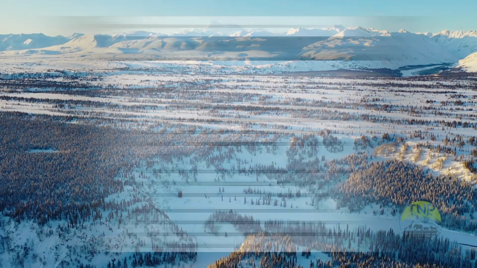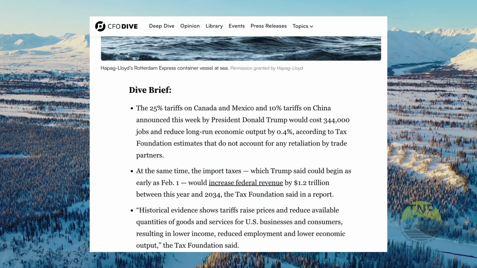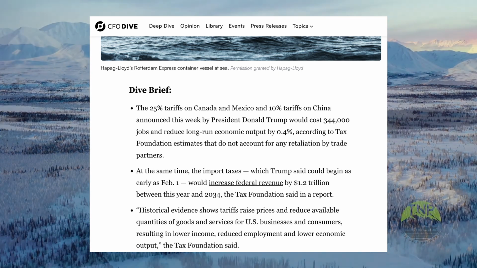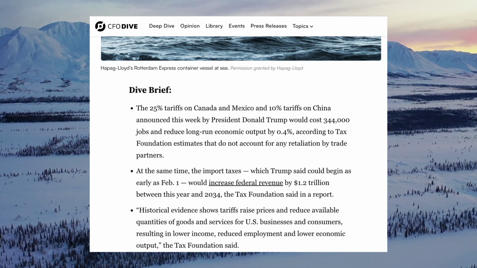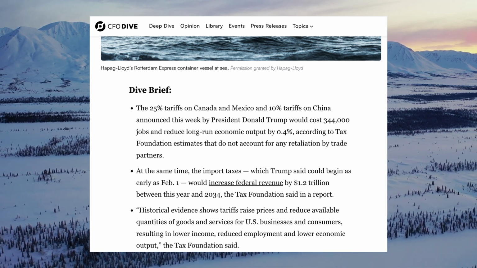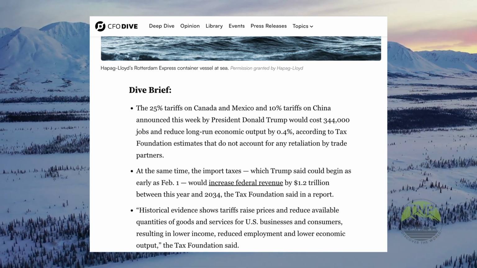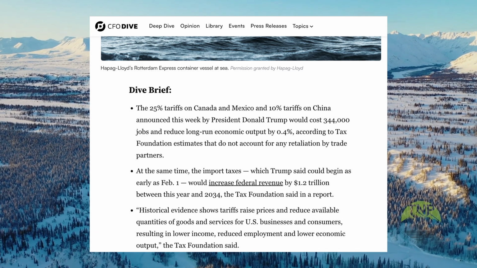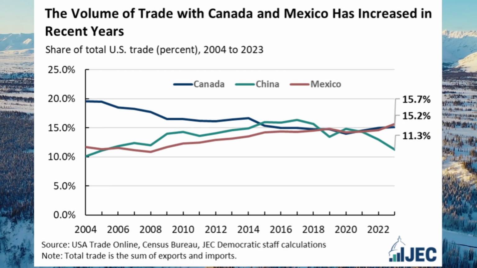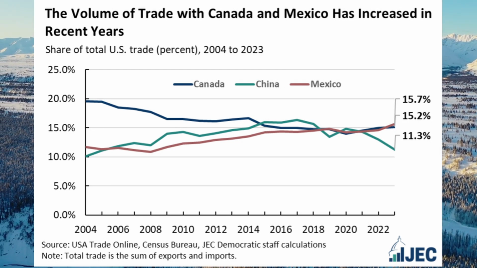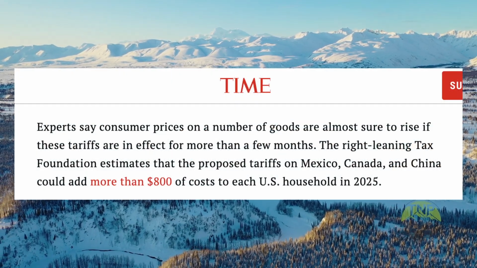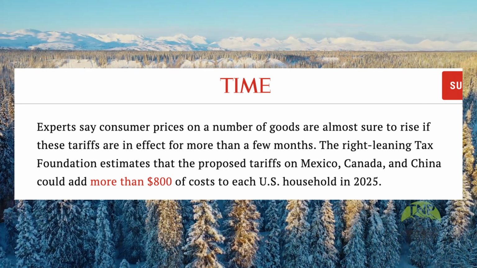In terms of the implications of these, supposedly it could raise upwards of $1.5 trillion of government revenue over a 10-year period. So pretty significant overall. But there's kind of the estimates of GDP going down as a negative effect, as international trade is a net contributor to GDP of about 0.3 to 0.4% during that same time period. And then, with energy and manufactured goods coming out of these countries, so energy out of Canada, manufactured goods out of China, Mexico, you're seeing upwards of an $800 cost per household in 2025 if these all go ahead.